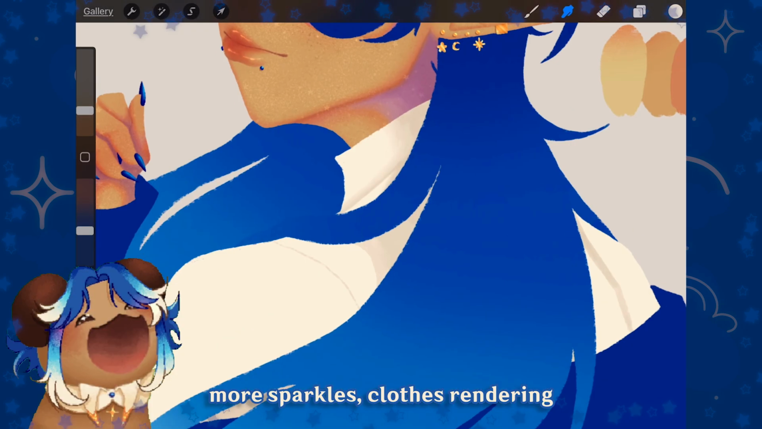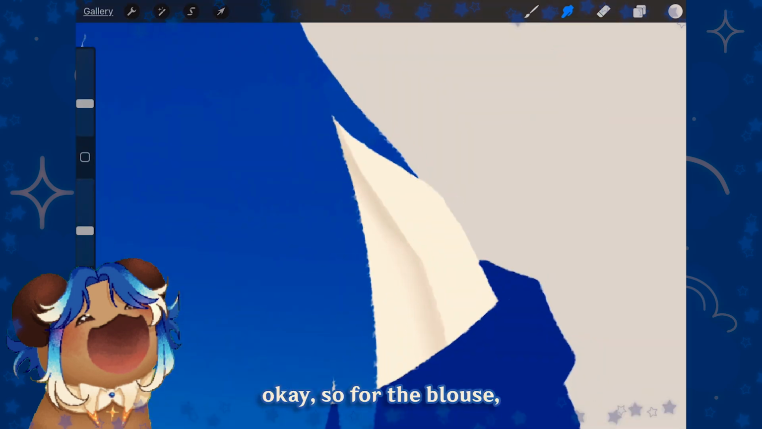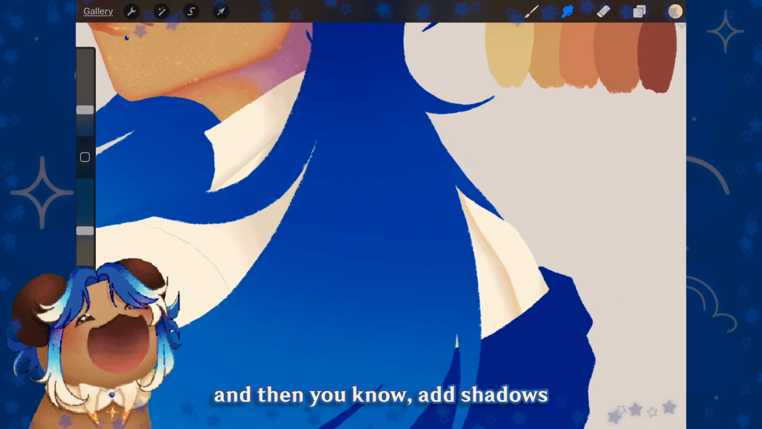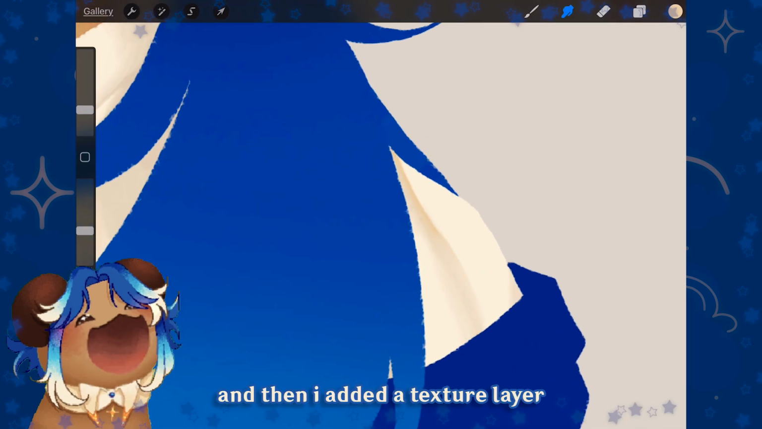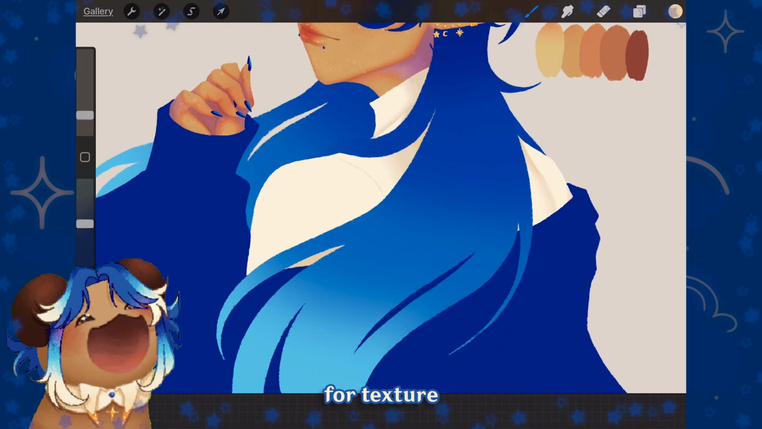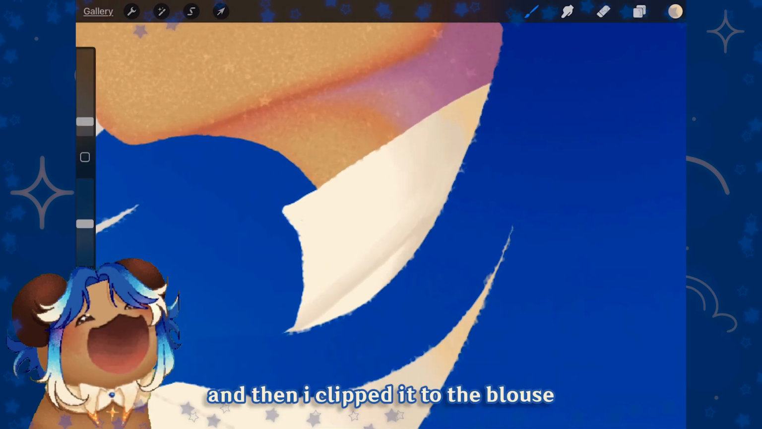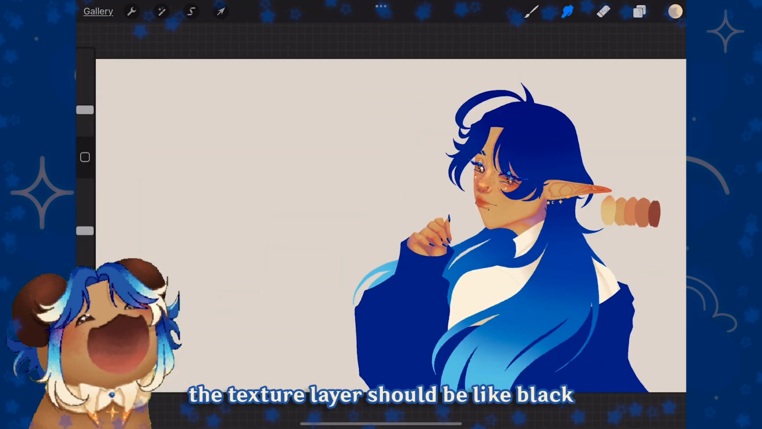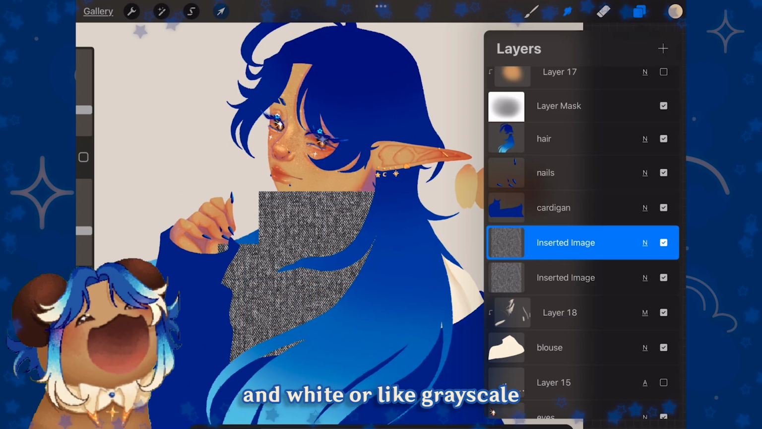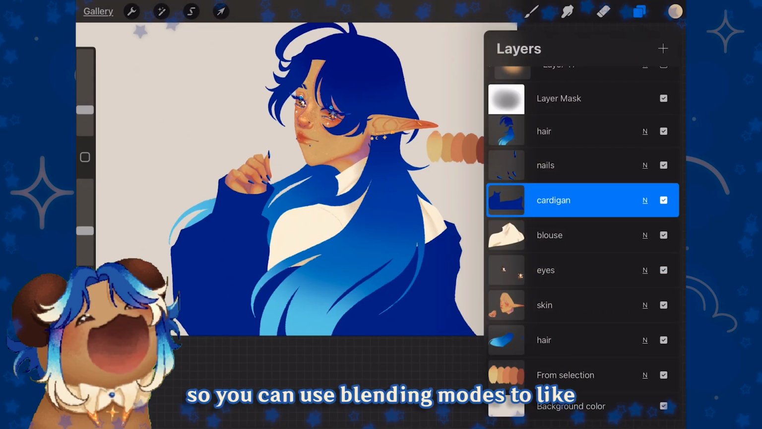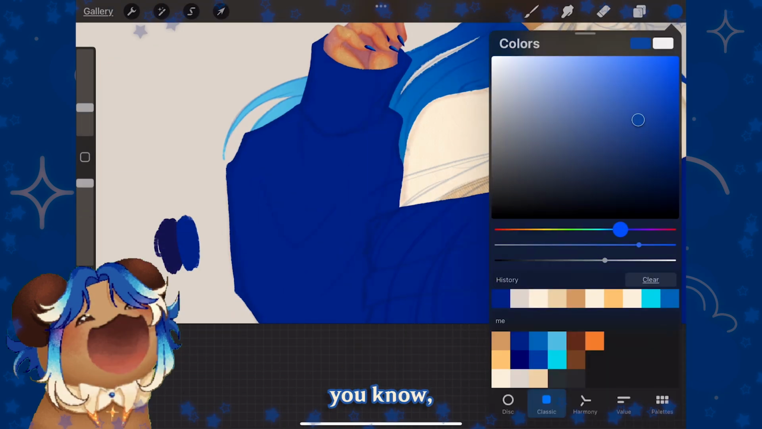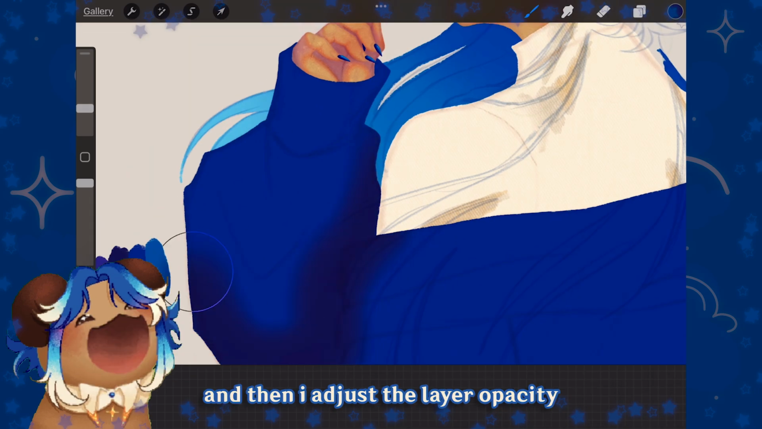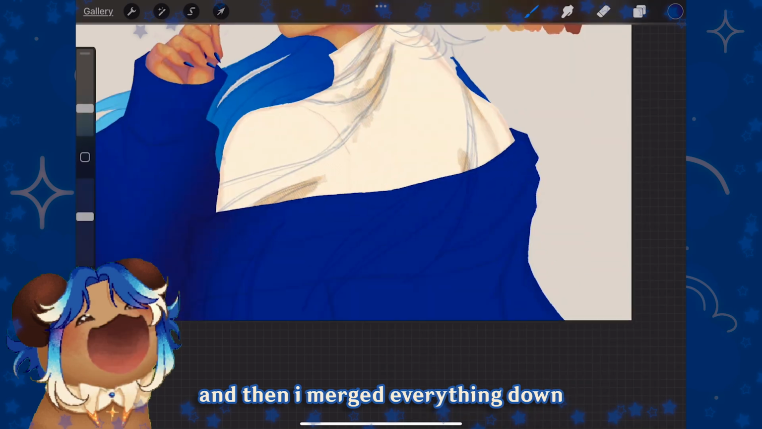Clothes rendering. Okay, so for the blouse, put a multiply layer, clip it to the blouse, and add shadows. And then I added a texture layer for texture and clipped it to the blouse. The texture layer should be black and white or grayscale, so you can use blending modes to make it look good. Personally, I use the soft light blending mode, and then I adjust the layer opacity,